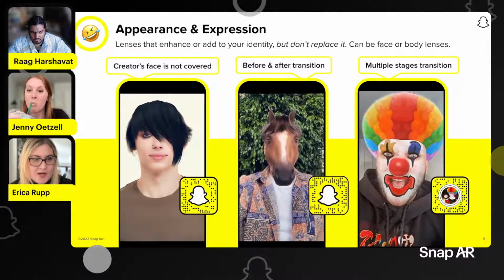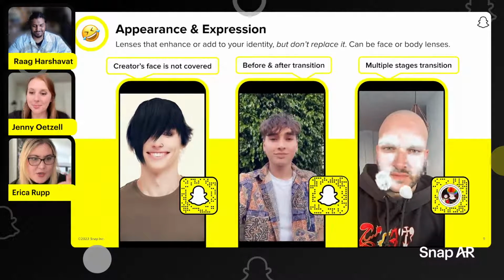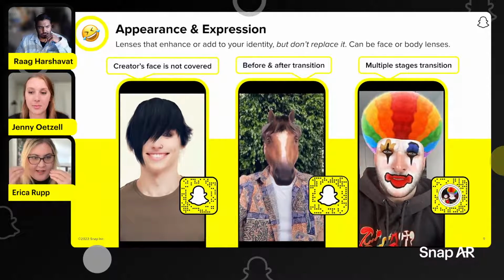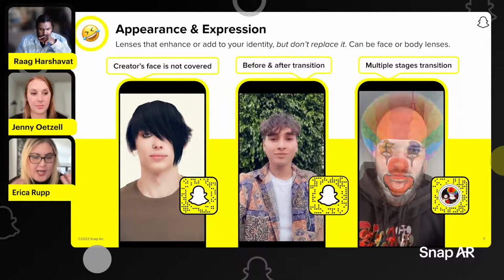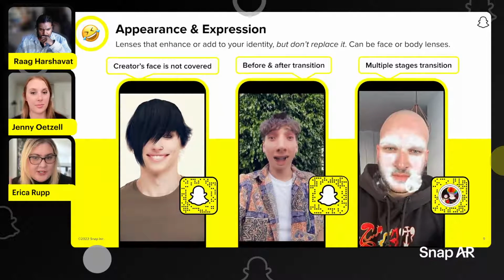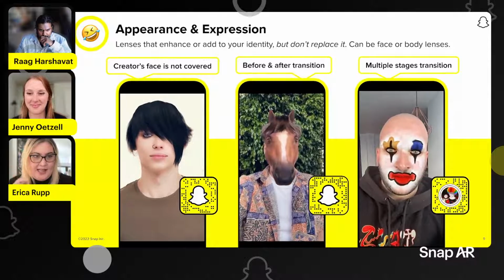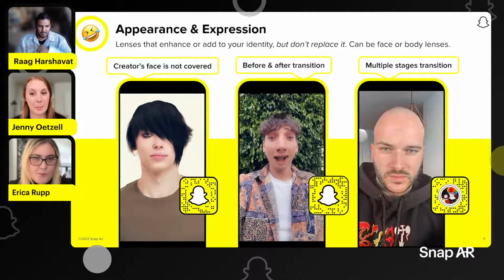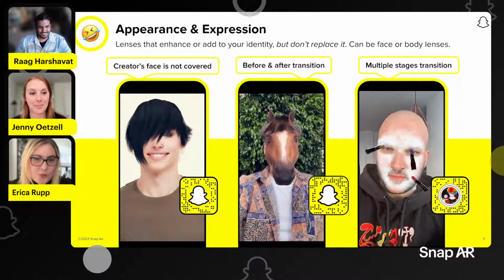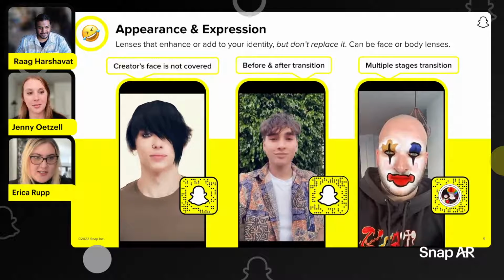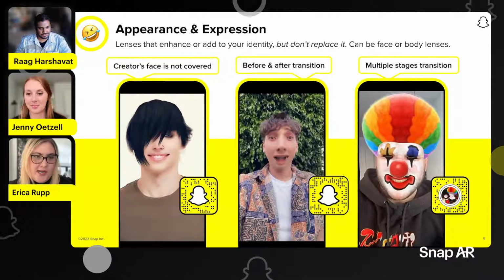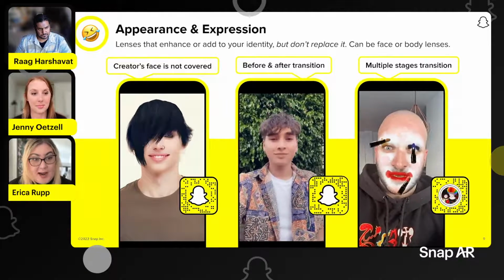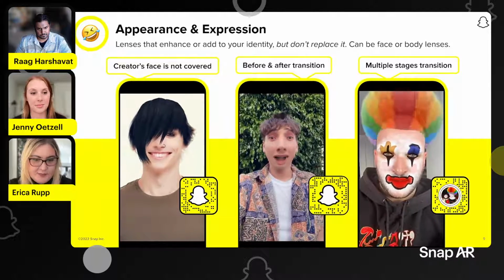Something to add on the last one that I'm obsessed with is that you can also tap and speed up the next layer of makeup. So you could be telling a story about, I don't know, some guy ghosting you as you're dressing up as a clown, and you can time it really, really well. So that kind of beautiful nuance really helps level up this content. And it really helps a creator be funnier, be more effective, be more impactful, and helps inspire other creations. So just wanted to add that also.